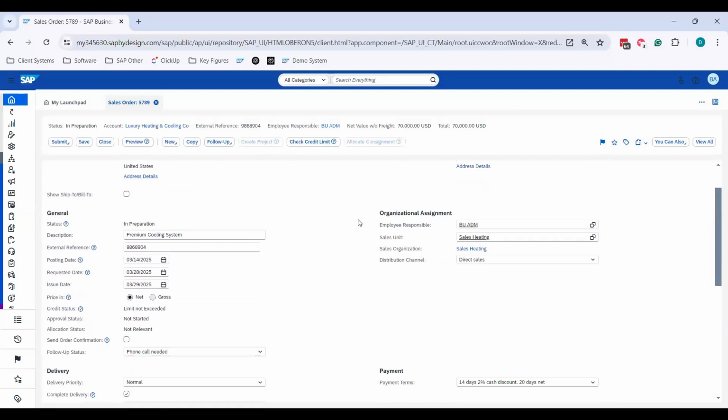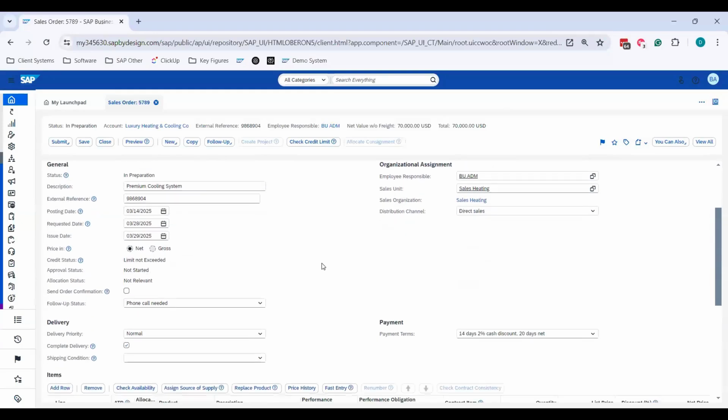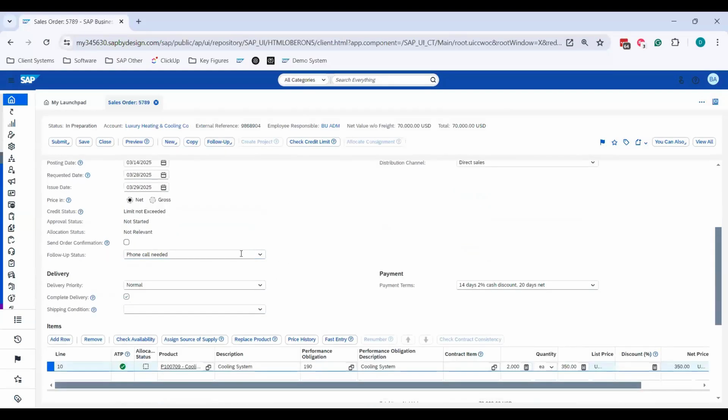Next, I want to talk about extension fields. So extension fields, some of you that are newer to the system might not know about them. They are user-defined fields. So you can create drop-downs, checkboxes, date fields that are specific to your company. I created one called follow-up status, in this case for the sales orders. And it has the options of email needed, phone call and email needed, or no follow-up needed. So a lot of you on the system that are familiar with the system might already use extension fields, but something you may not know is that you can push these